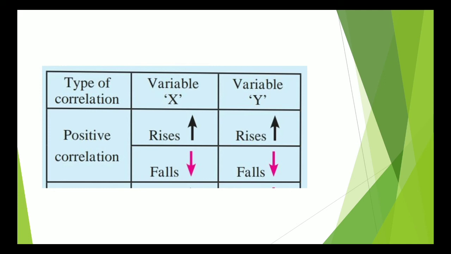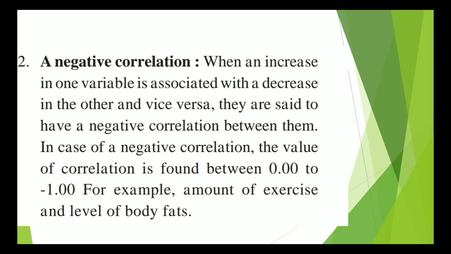Okay, so it would be exercise and losing body weight. So what is happening over here? It is a negative correlation over here, right? So we will see negative correlation ahead. So what happens over here in the negative correlation? It is the opposite of a positive correlation. So if one increases, the other decreases.